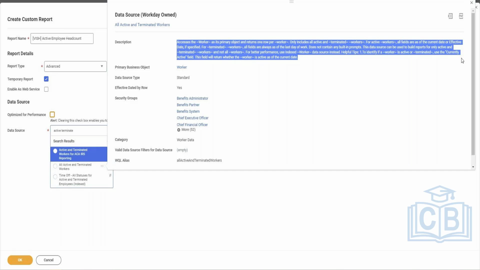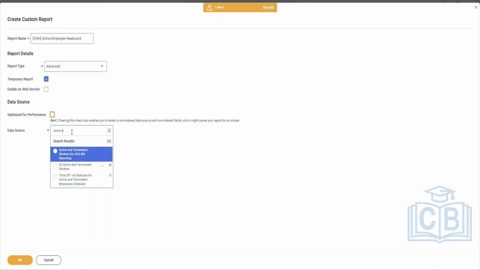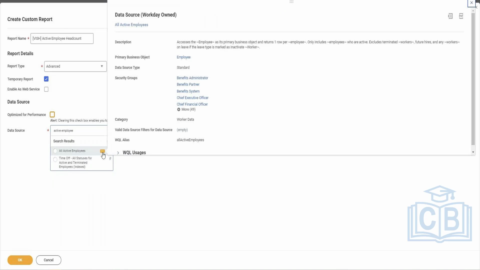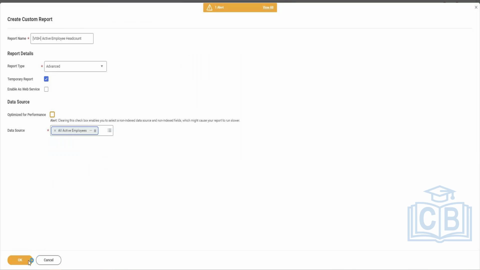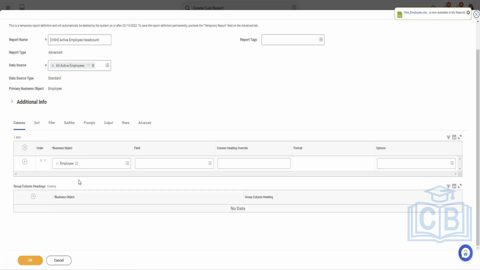always read this information. Okay, so I'll start from All Active Employees, and I go to the three dots and see that it accesses the employee as a primary object and returns one row per employee. Only include employees who are active, exclude terminated workers, future hires, and any worker on leave if the leave type is marked as inactive worker. So it will only bring those employees who are active in the company. So going to the next, we'll just use All Active Employees for now. Click OK. And now if you see, this is the primary object,